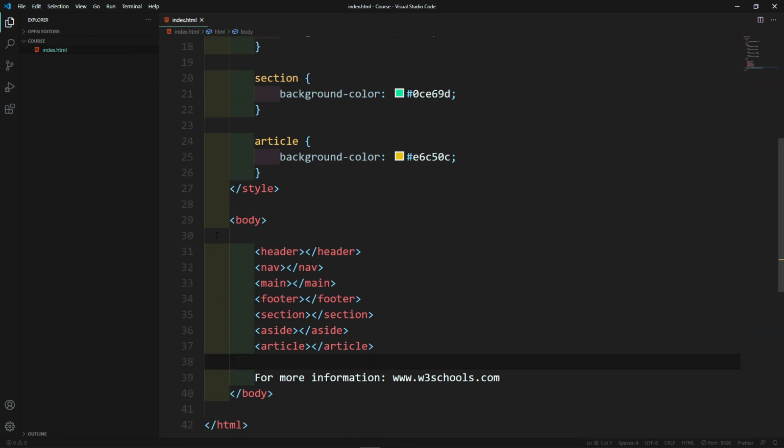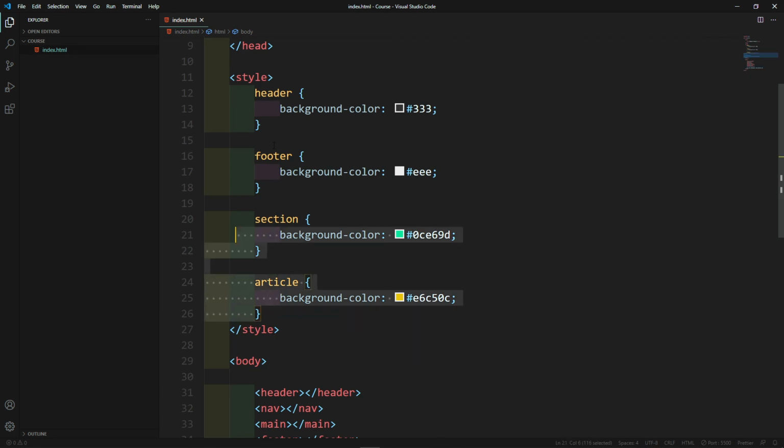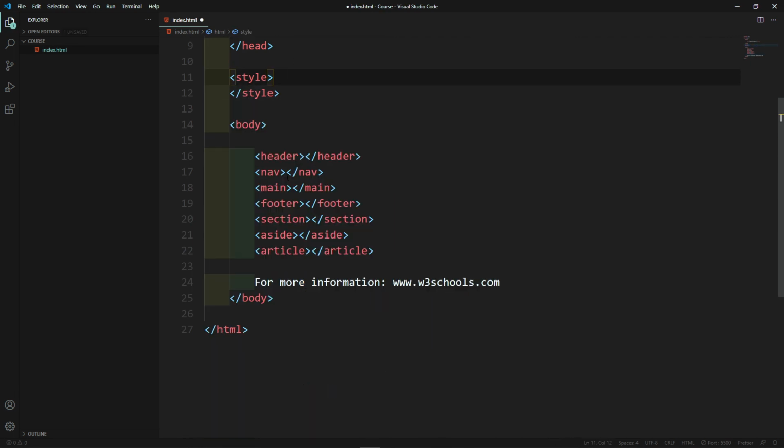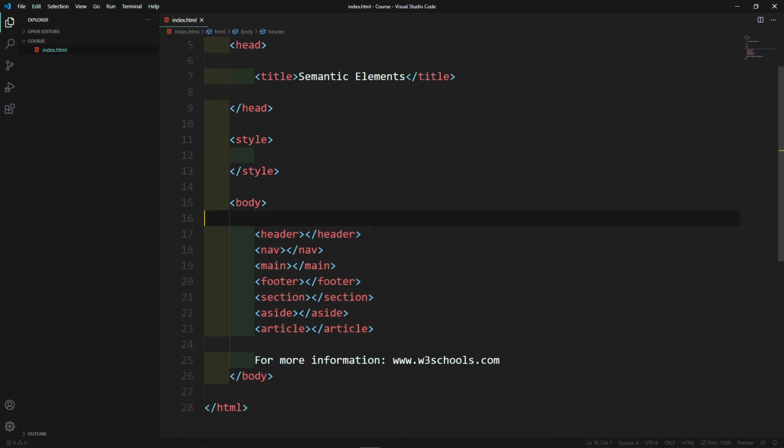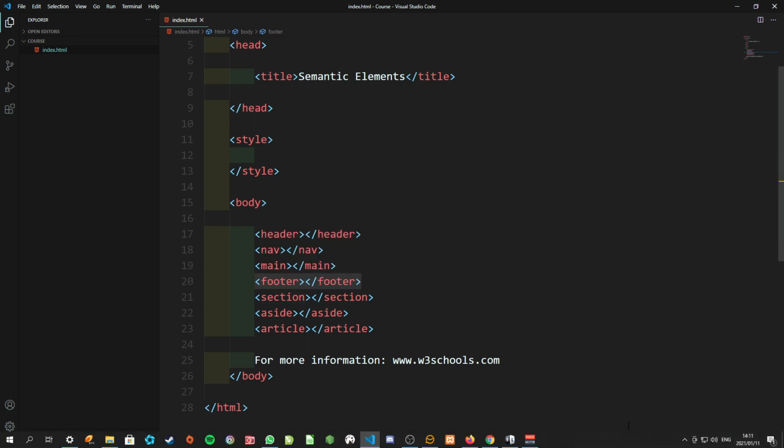So this is just kind of, how can I put it, just a quick guide of what semantic tags are. They're descriptive of the content that they contain. So in the header, you would know that it's the head of the content. Your navigation, the nav, indicates that it's obviously a nav bar. And then you have your main, which obviously contains your main content, and your footer, normally your footer content, which describes,